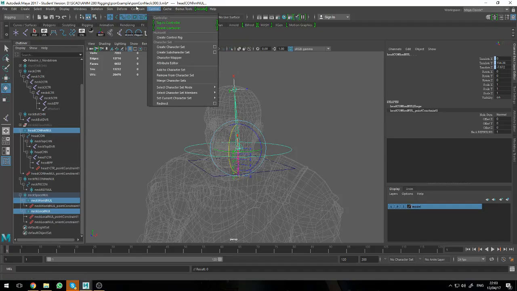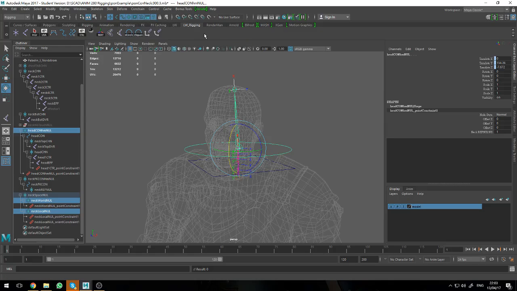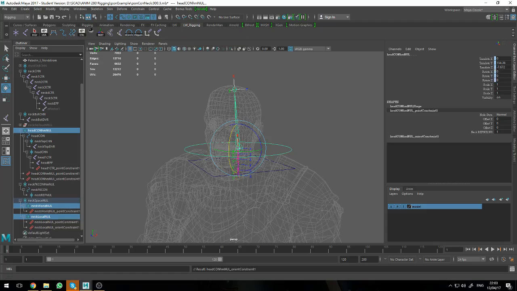Remember, don't click the point constraint again because we created it before. So we use the orient constraint, which can send out the rotation